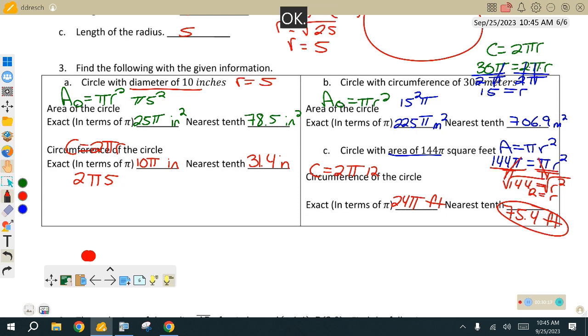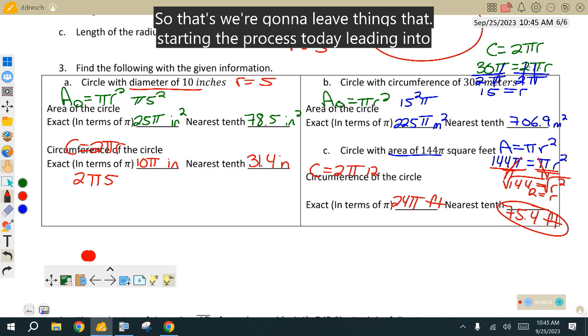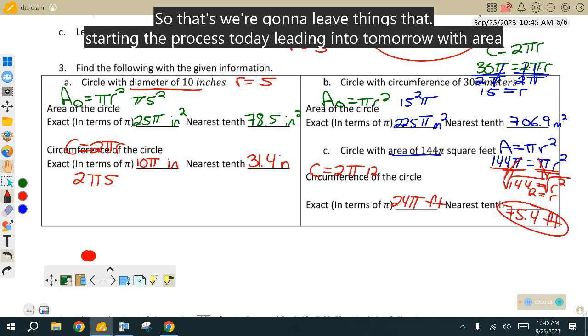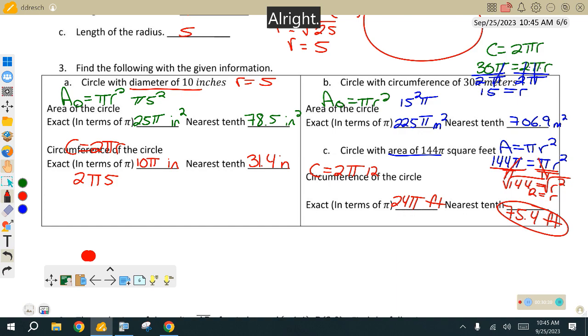Alrighty. So that's where we're gonna leave things at, guys. Starting the process today, leading into tomorrow with area improvement. Okay. All right. Oh, wrong button. All right. That's where I'm gonna